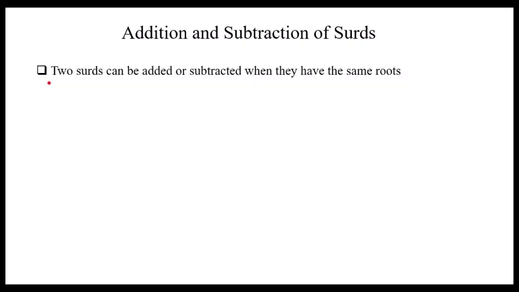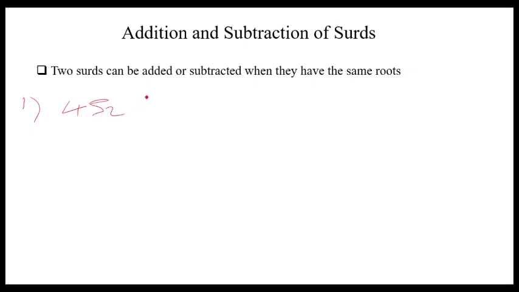So two surds or more. Because we can have three surds that we want to add together. They can be added together or subtracted from each other when they have the same root. But if the roots are not the same, we can't do the addition or subtraction. So when they have the same root, let's say for example,